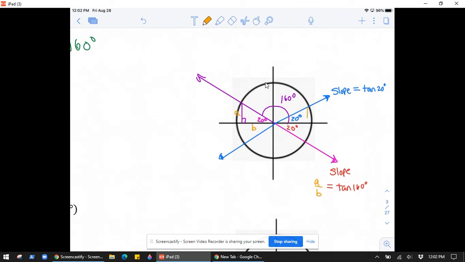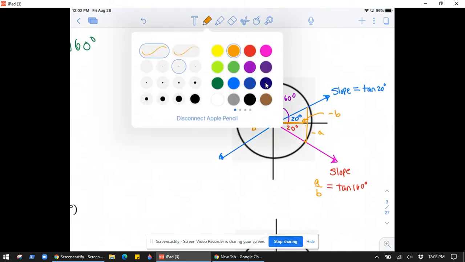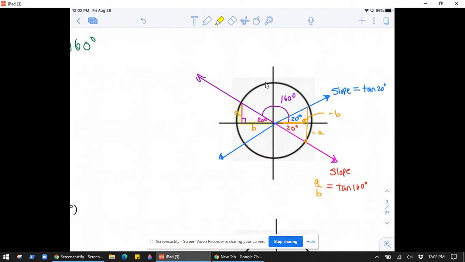We can see that, well, let me just connect these. I know that's not quite to scale, but if this is A, this must be negative A, and this length here must be negative B. If you do the slope of the pink line, you get negative A over negative B, which is the same as A over B. But because this triangle here is congruent to this triangle here,